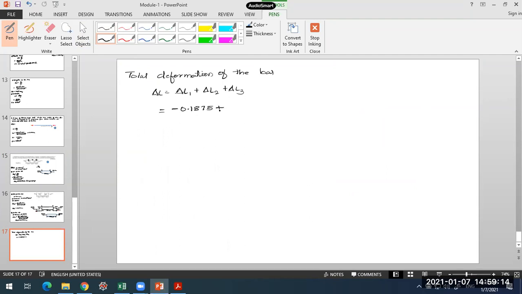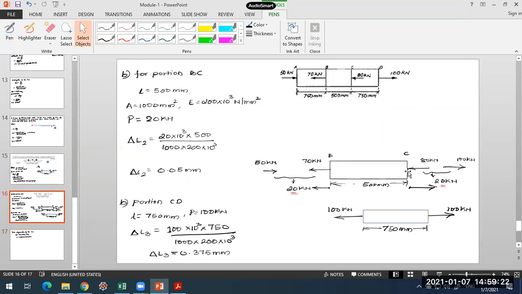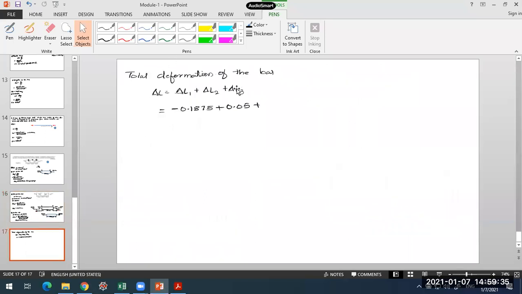0.1875 for delta L1, plus the second one, 0.05, plus the third is also tensile. The second one was tensile, this was a tensile load, so there will be an increase in the length. Even the third segment, the load acting is tensile. So these two will have an increase in the length. So the third is 0.375. So totally how much is it? 0.2375